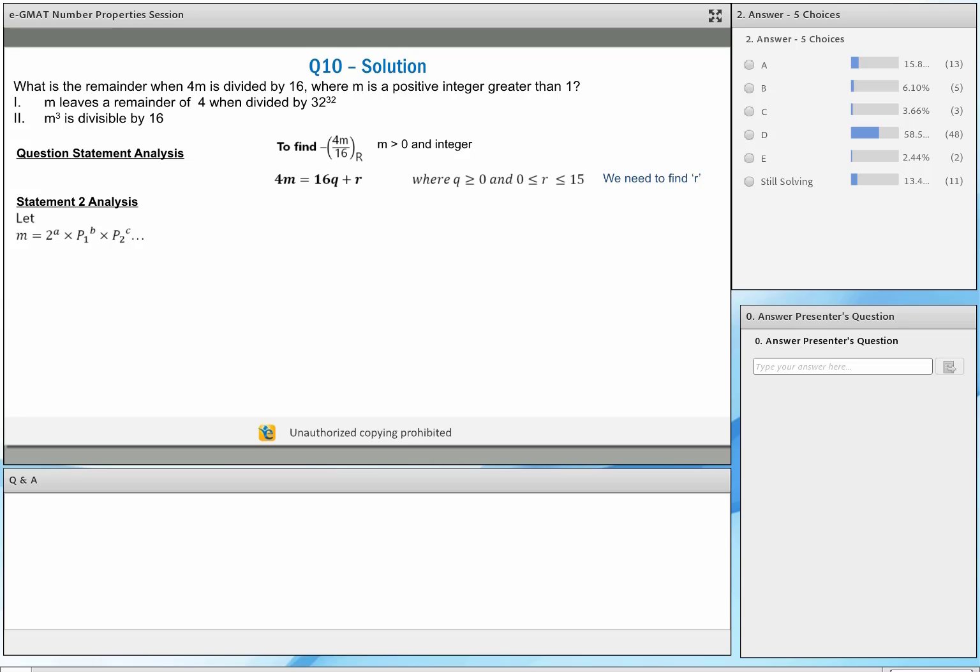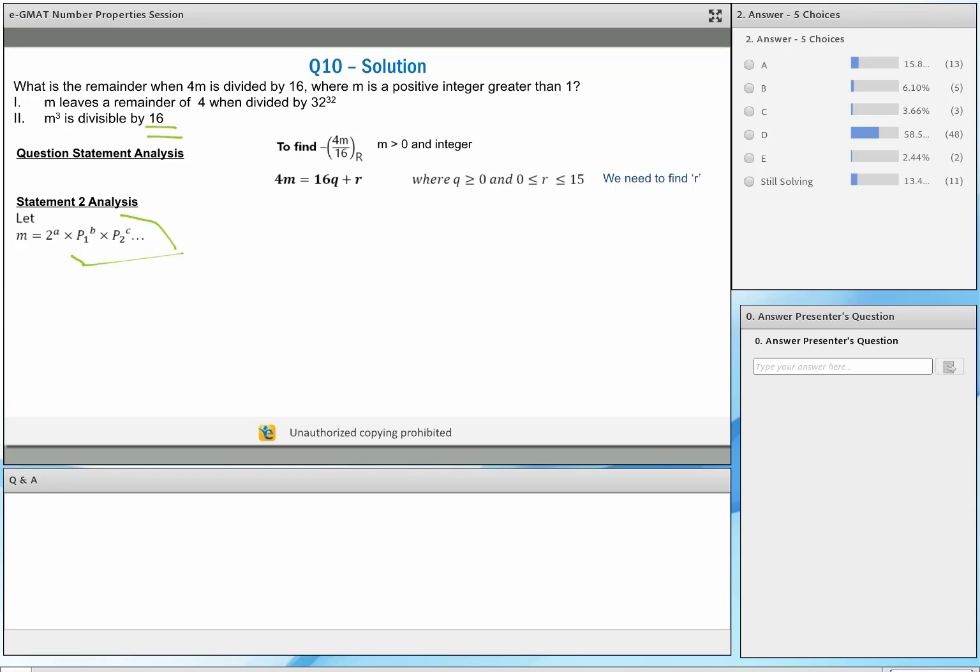Okay, so now this is where you have to retrieve the appropriate concept, and here we are retrieving the concept of prime factorization. So I'm expressing m. Now if m cubed is divisible by 16, this means that m is an even number, right? That's the inference that I'm drawing here. Okay, m cube is divisible by 16, which means that this m is an even number, which means that I can